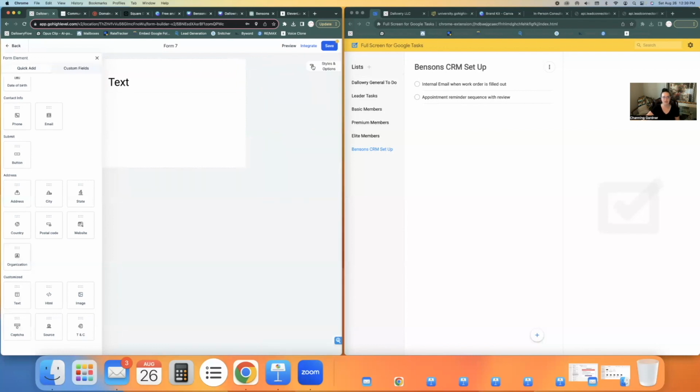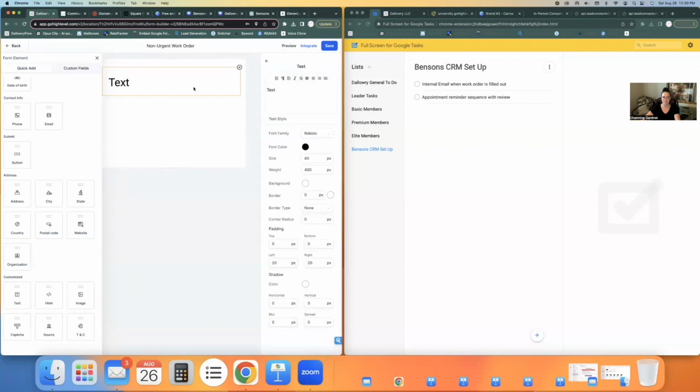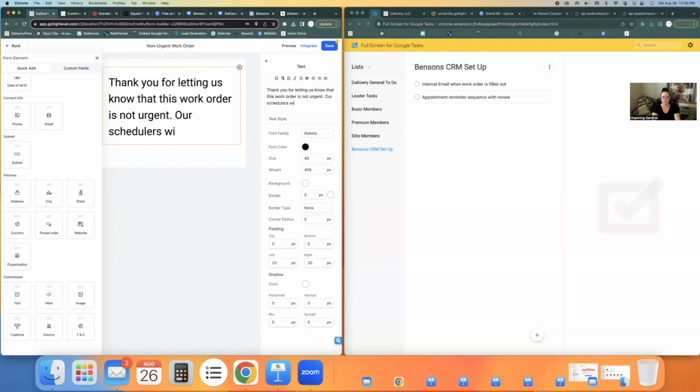So first, let's go ahead and name our form, and this is going to be a non-urgent work order. We don't need to worry about the message this time because we're not even adding a button. Thank you for letting us know that this work order is not urgent. Our schedulers will get the client on the calendar